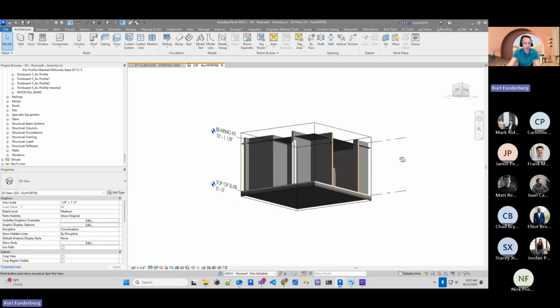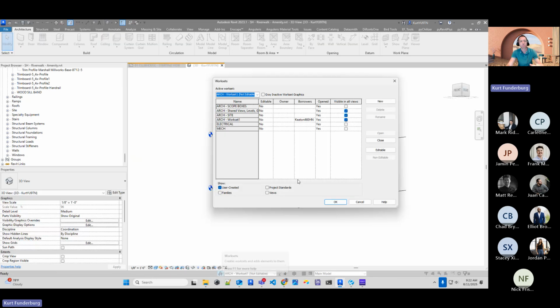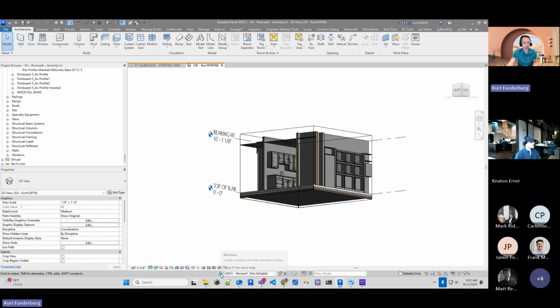So we talked last week about work sets and how we can put certain work sets of our models into, like, our mechanical or our electrical or our structural. That allows us to have better control of what we're seeing and what's visible in certain views and what's not. Within the work set dialog, if you click the work set button down here,